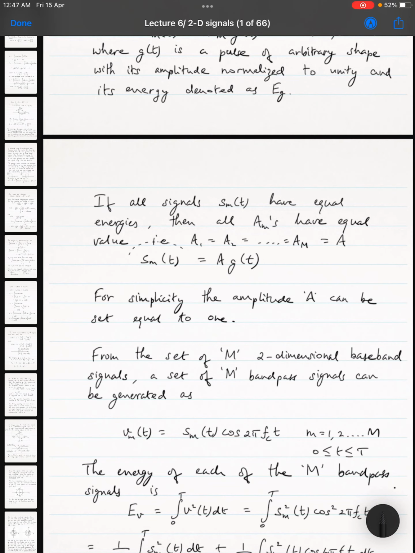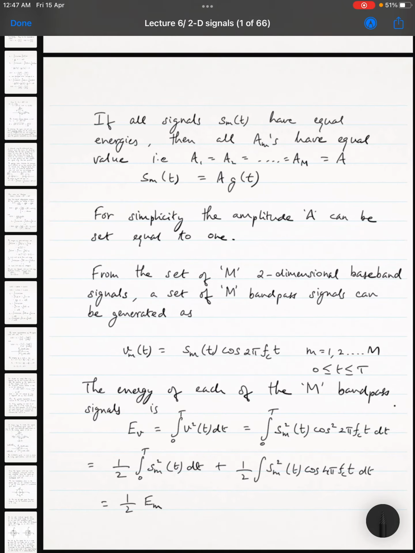So the signal Sm of t for all the m's is simply going to be g of t. Okay, so now that's the bandpass pulse. All the signals have the same amplitude, and all the pulses have the same amplitude, representing each of the m signals. Okay, now from these baseband signals, we can transform or convert them to the corresponding bandpass equivalents by multiplying